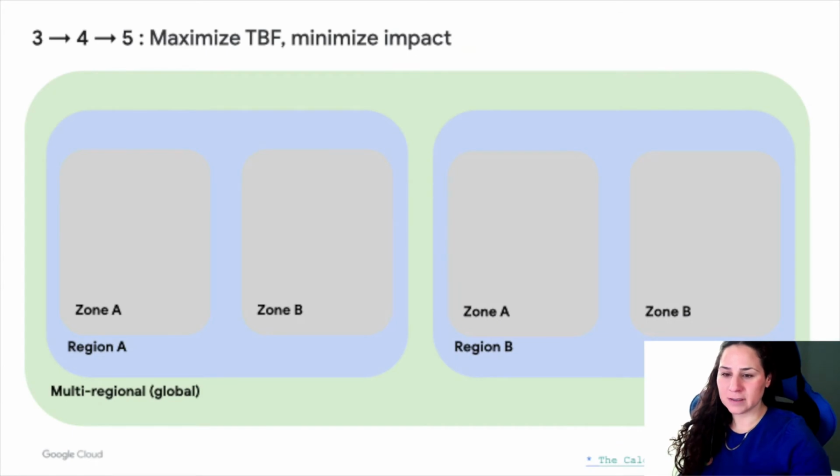One of the fundamental architectural ways in which we can improve our resilience and our reliability is to build systems spanning across zones and regions. Designing systems that span these zones and regions, or choosing products that do so automatically, allows us to minimize the impact and provide some level of service.